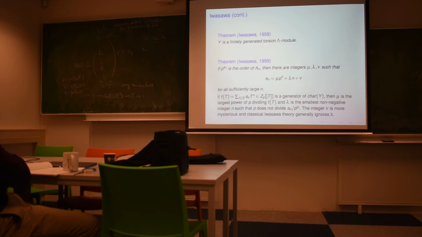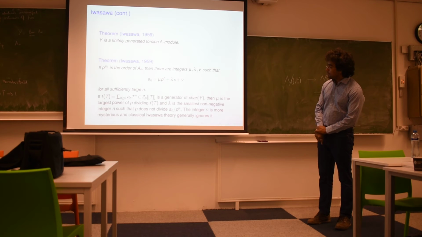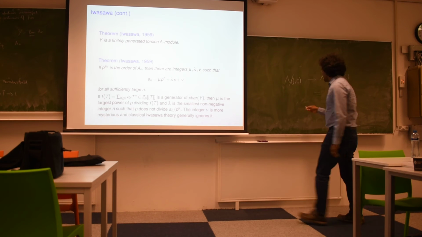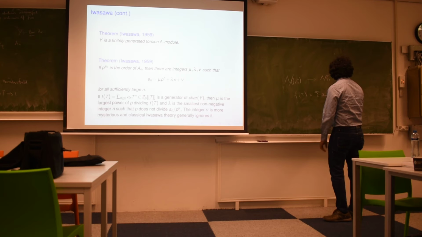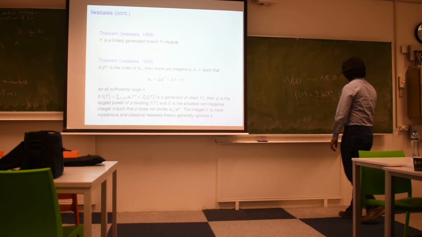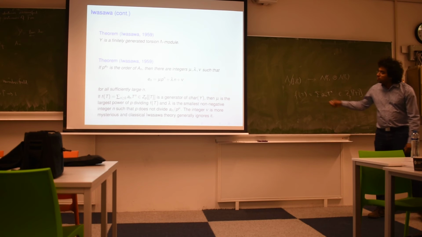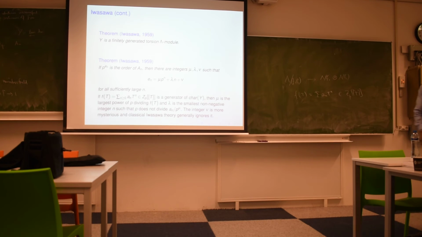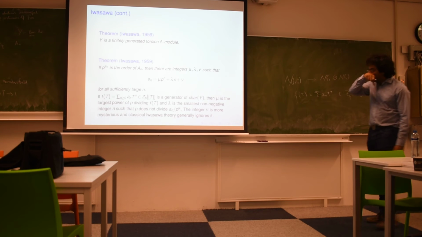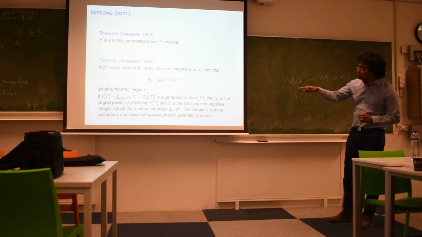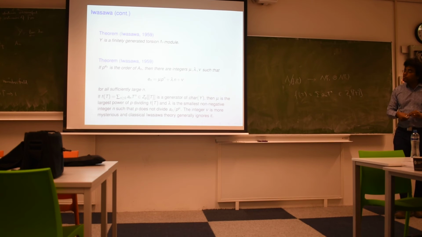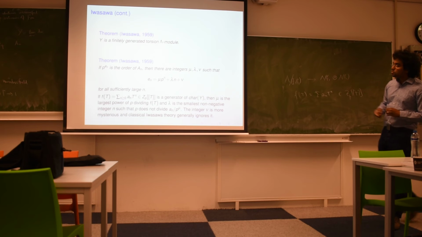So they come from the generator of the characteristic ideal of Y. If I take a generator of the characteristic ideal of Y, f of t is just the summation of a_n t^n in Z_p[[t]]. Then mu is the largest power of p that divides all the a_n, so a_n over p^mu is in Z_p, and lambda is the smallest non-negative integer such that p does not divide a_n over p^mu, and then nu is some mysterious